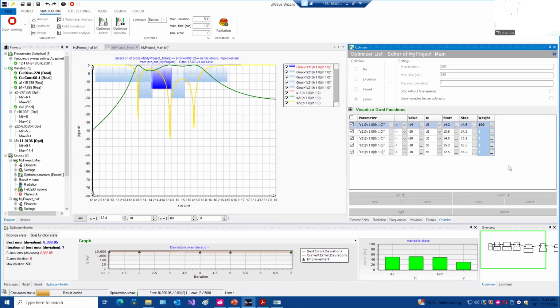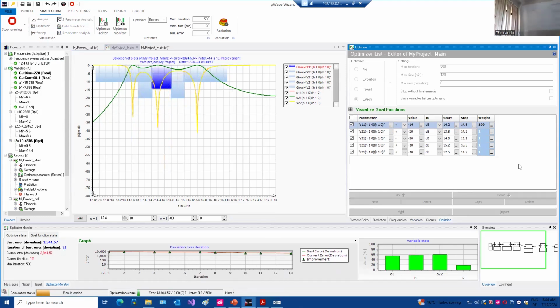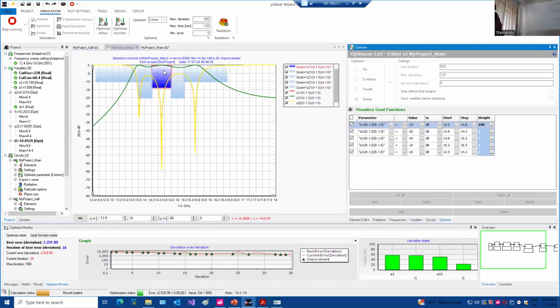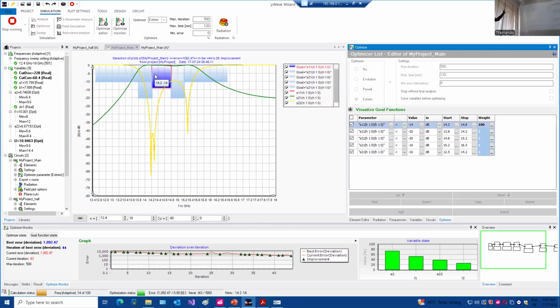So you can set up the weight for a specific goal, because then it is more focused on that particular single goal, because our main task is to set the return loss to minus 14 dB around this frequency range. So we have to give more weight for that. Now you see, slowly it comes to the target, but it may still be too wide, because the